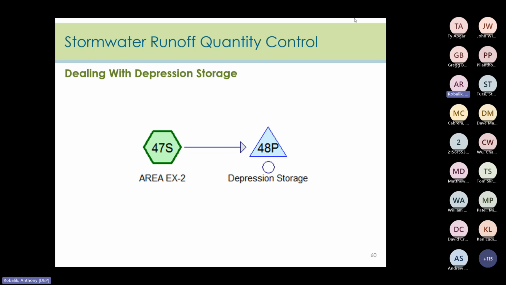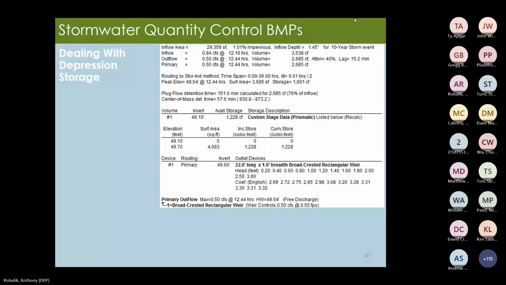So now we'll take a look at an example of depression storage, and this happens to be modeled in HydroCAD. The contributory drainage area, labeled here as area EX2, is routed to the depression storage, and the reviewer can input the parameters into HydroCAD or another H&H modeling software to make sure that the depression area was calculated correctly. In this case, the depression is modeled as a small detention structure with 1,228 cubic feet